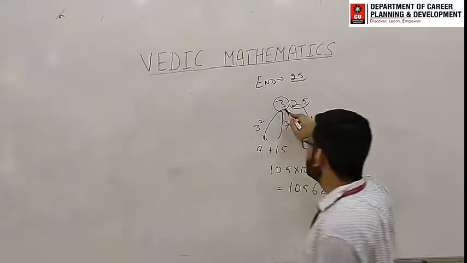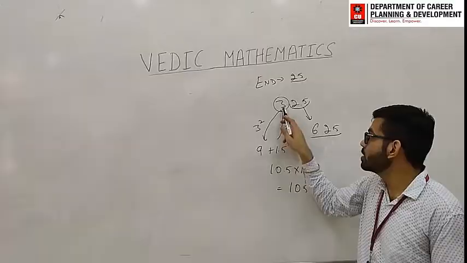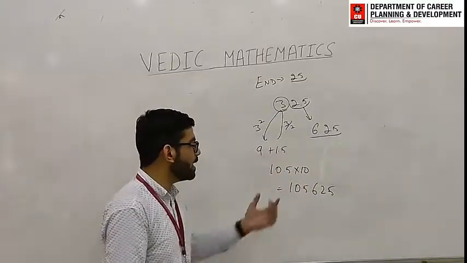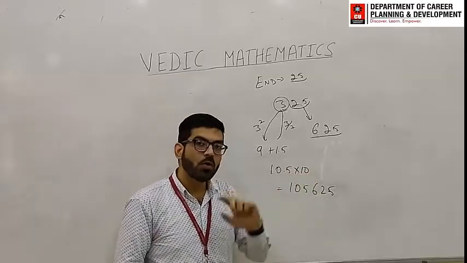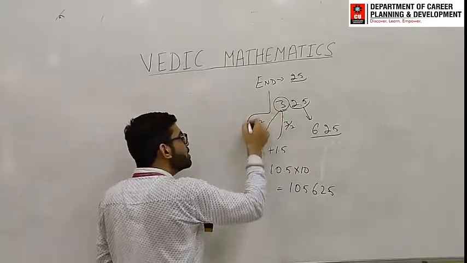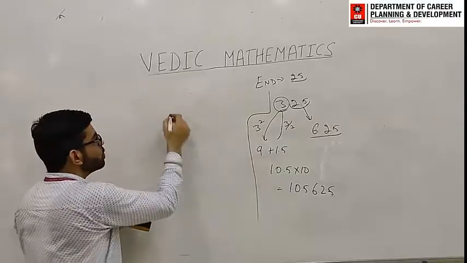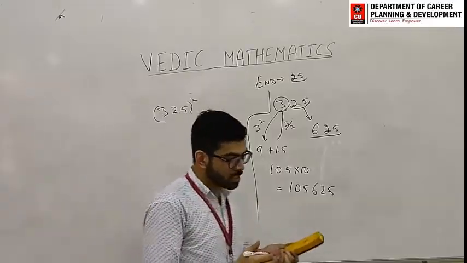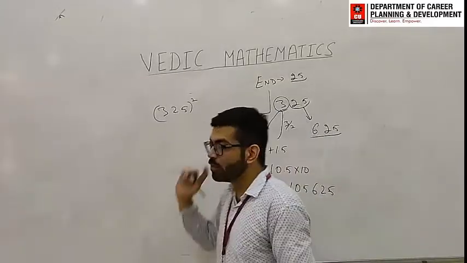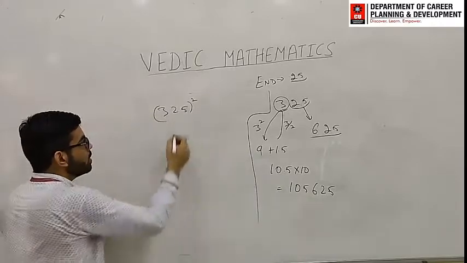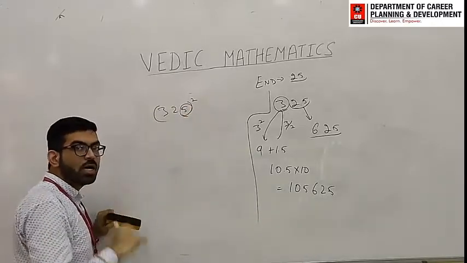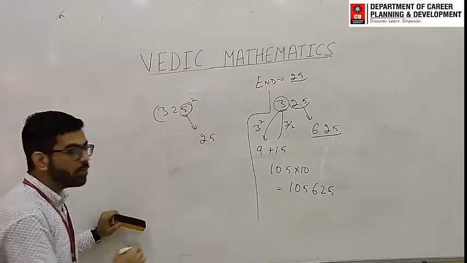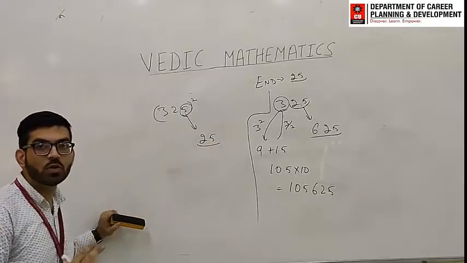Again, 3, square of that number, 9, plus half of that number, 1.5, their addition, 10.5, and multiply that number by 10. Or one more thing is there, you can apply the previous method here. What was that method? Suppose again 325 square. You can apply the trick of the number ending with 5 square. So the last 2 digits will be the square of 5, that is 25. This one is the last 2 digits of your answer.